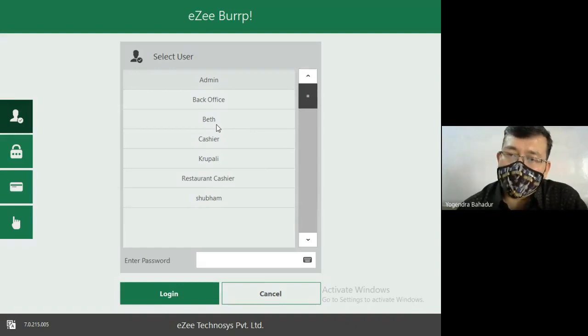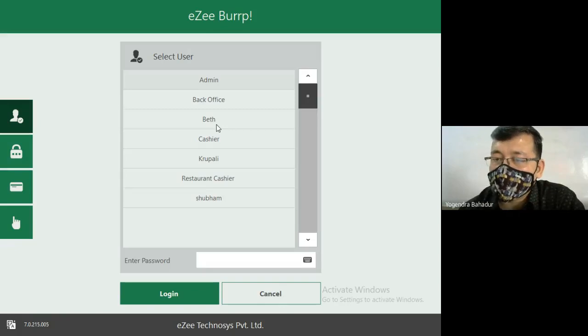Because whatever order you place at the level of steward, that whole order, at the end of the shift, in the final report, when the final report is generated and presented in front of the F&B managers, the F&B managers will come to know that so-and-so steward on a particular day or on a particular date has punched or taken orders of this much value.